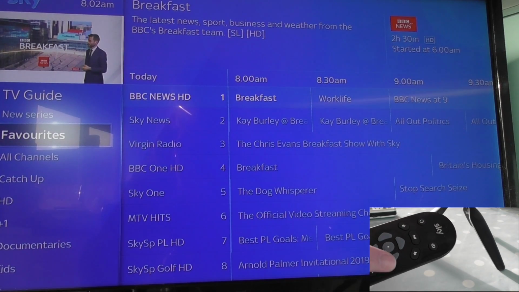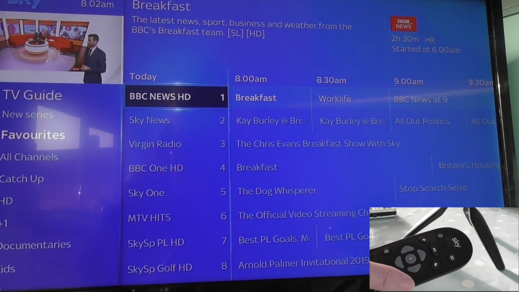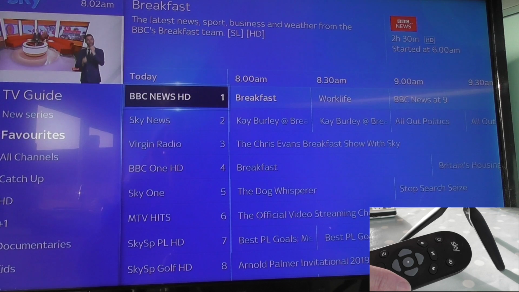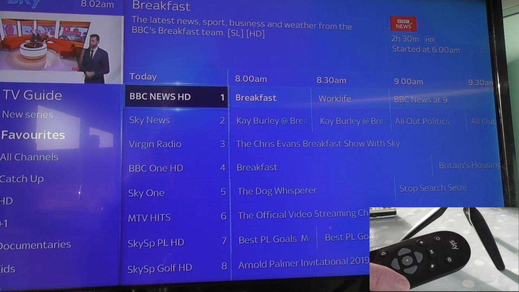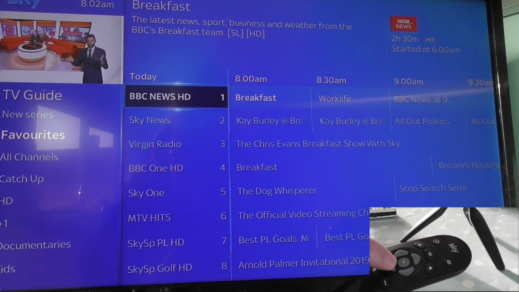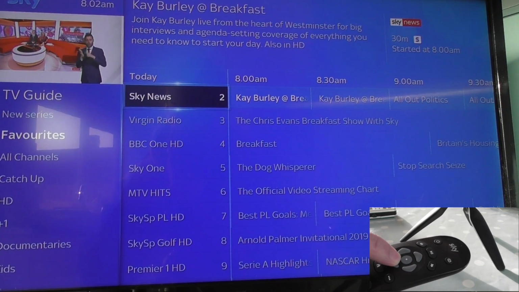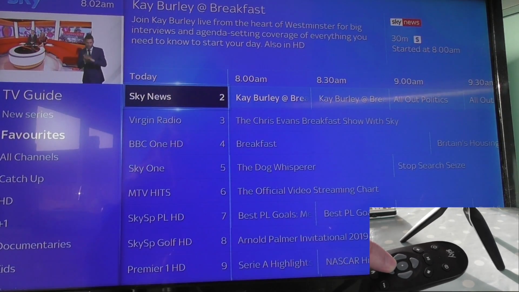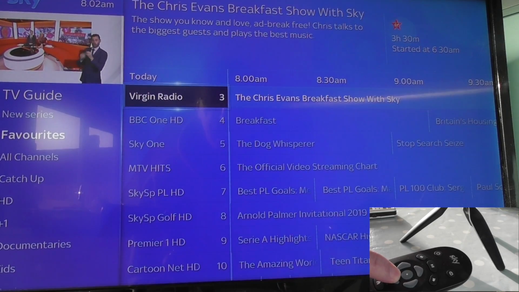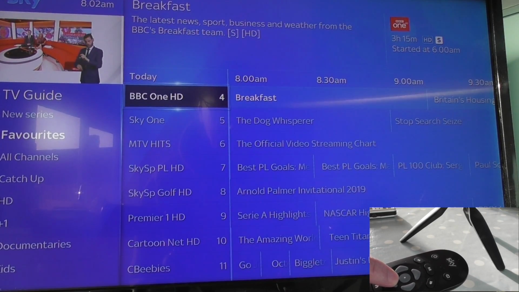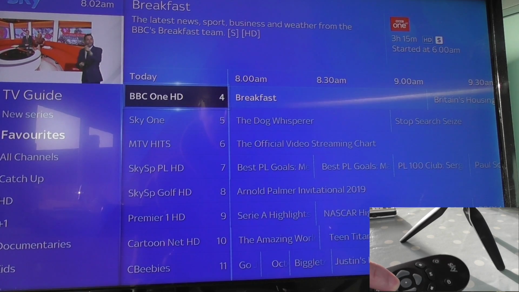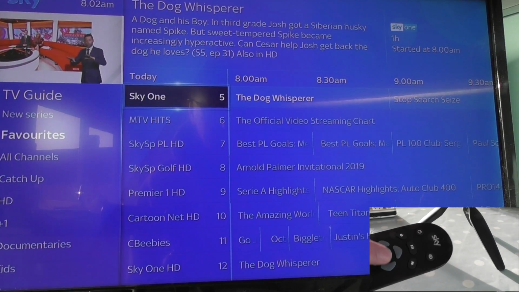So if I use the right button to go over to that list, you can see the shining light, hopefully on the BBC News HD. That's my favourite number one. So you use the down button to see number two. Notice they're not changing in the mini screen, they won't unless I select them. Virgin Radio and so forth. So if I wanted to select any of these, I simply go to it, Sky 1, press the select button,